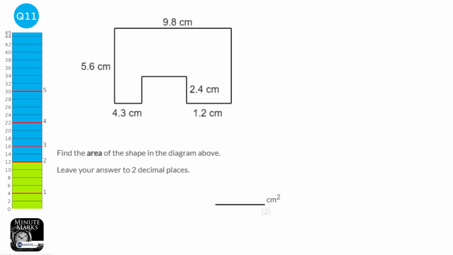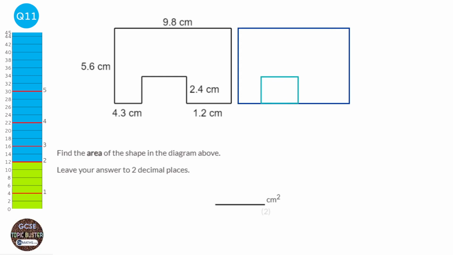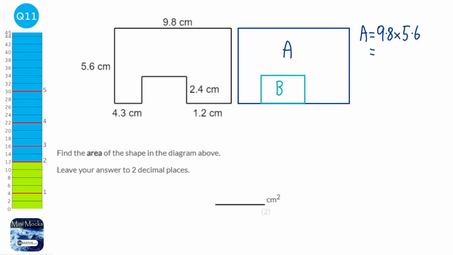To work out the area of this shape, what I'm going to do is work out the area of the big rectangle, it's almost a big rectangle, and I'm going to take away the area of this small little bit at the bottom. And I'm going to label this big rectangle A and this little rectangle here B. So to work out the area of A, we're going to do 9.8, which is the width, times the length, which is 5.6. And that will give us